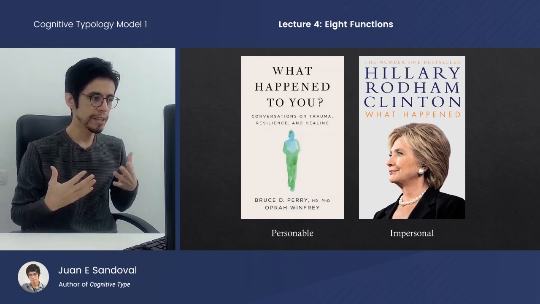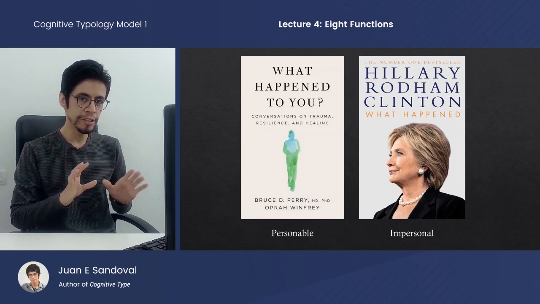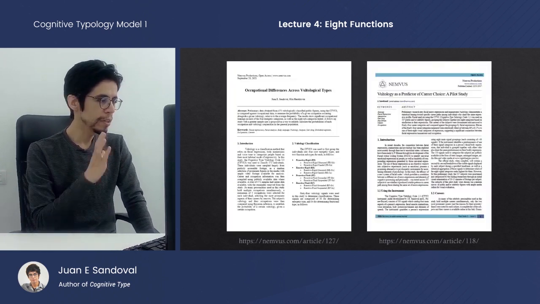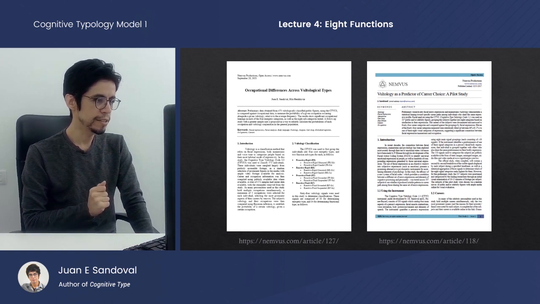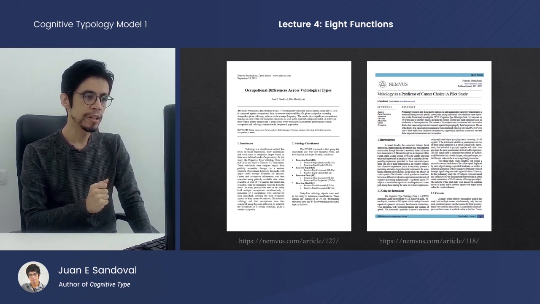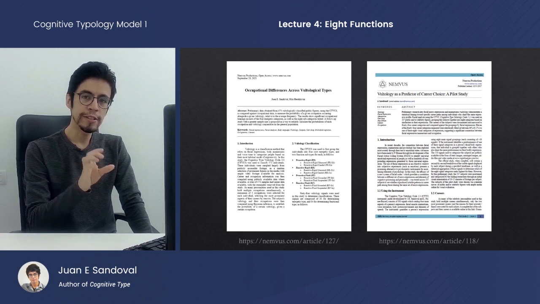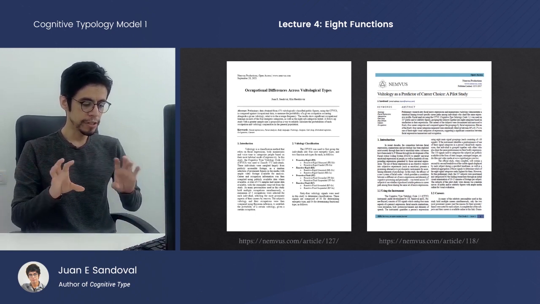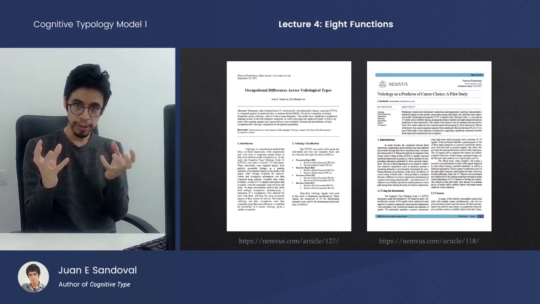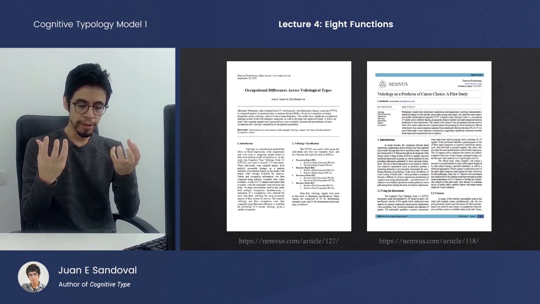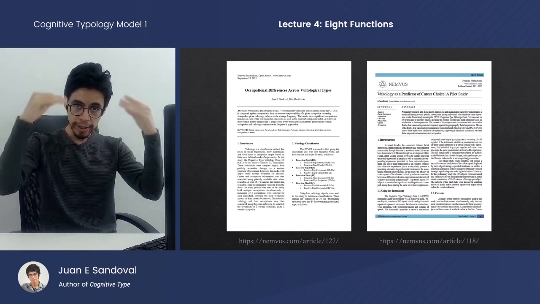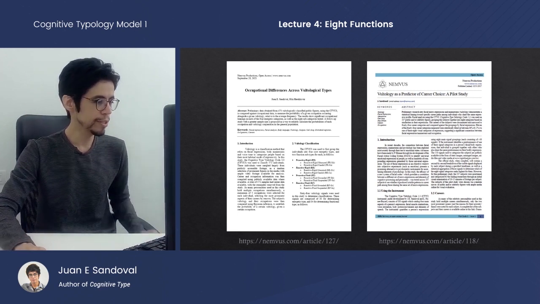Let's actually look at some concrete data here because we can't just rely on anecdotes. This is just for me to kind of explain the difference to you. But here we have two other pilot studies which we've done trying to measure occupational differences across Vultological clusters. So if we cluster Vultologies by their visual differences, we ask the question of, do career occupation differences cluster around these Vultological clusters as well? And well, this is what we see.